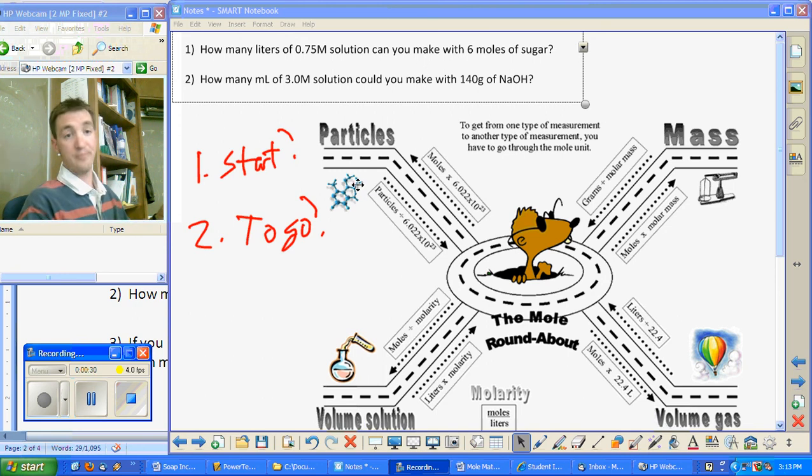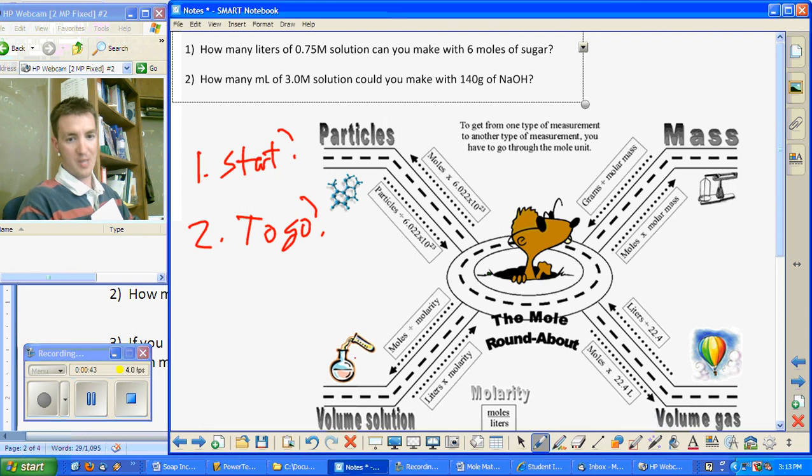All right. So looking on here, how many liters can we make with 6 moles of sugar? If the question is how many liters, we're going to end up being down there. They give us molarity, they give us 6 moles, so we're doing this step. So we take the 6 moles,